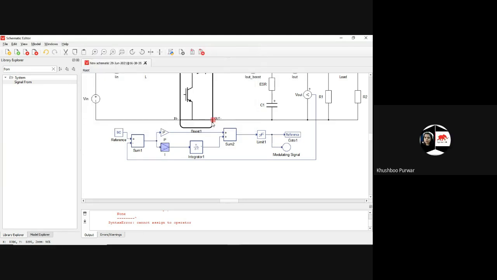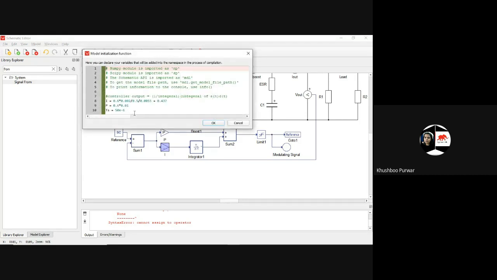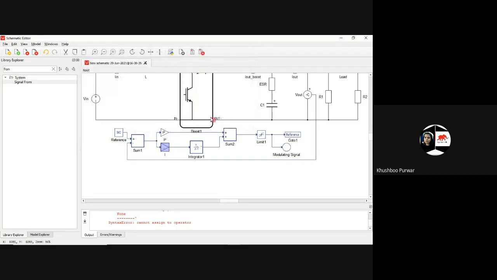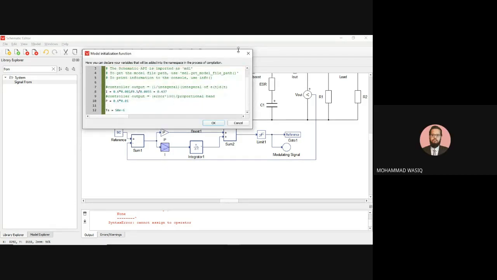So this is the value. Ts equals 50 to the power minus 6. Ma'am, your voice is not there.